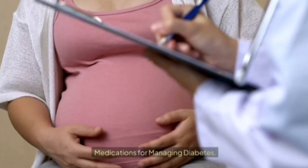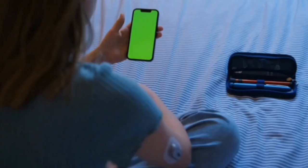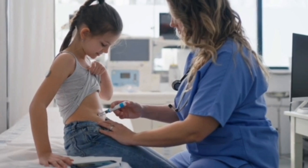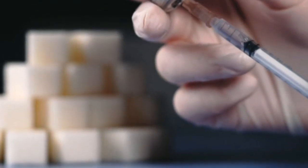Medications for managing diabetes. Diabetes management varies depending on the type, severity, and individual needs. Here's a breakdown of available treatments. Type 1 diabetes medications. Insulin therapy is the cornerstone of managing Type 1 diabetes. Rapid-acting insulin is taken before meals to control blood sugar spikes,